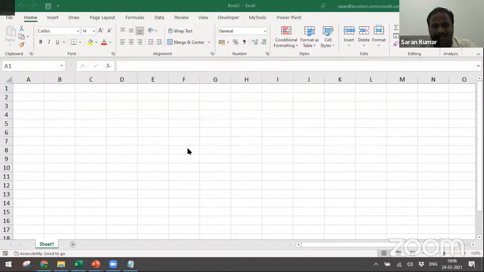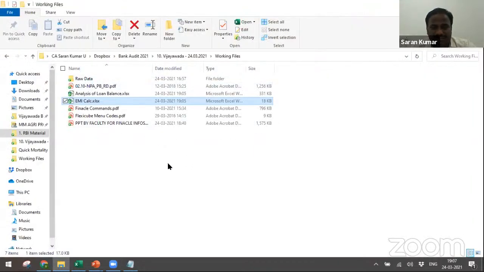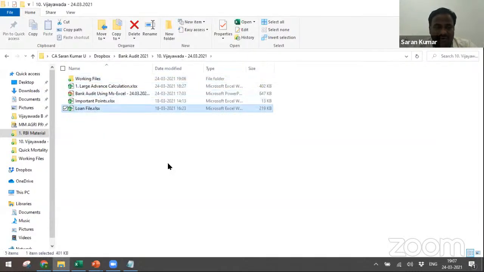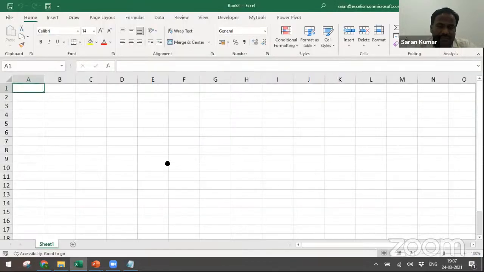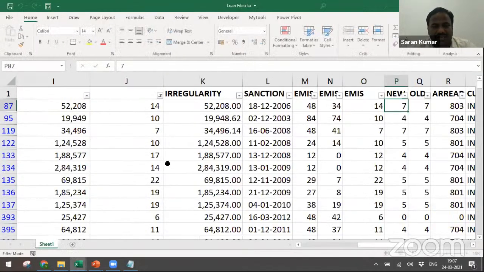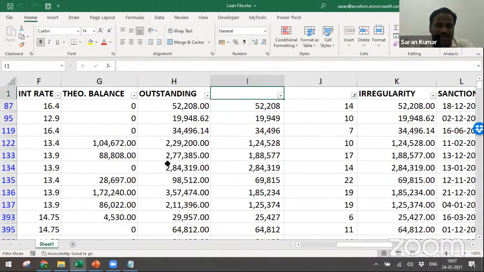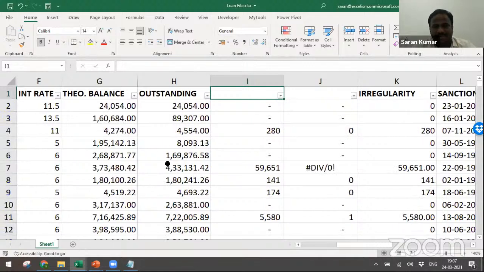When it comes to term loans, these are all important financial functions, and I request you to have hands-on practice before going into the audit, because once you start working on all these things in the audit, I'm sure your formulas will become errors. So what is the meaning of this? Theoretical balance outstanding, it's irregularity.